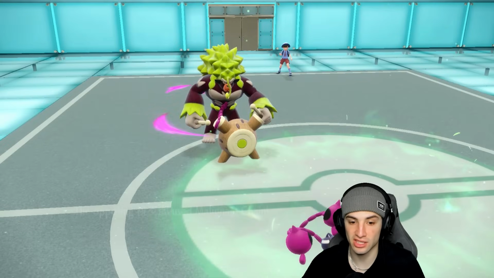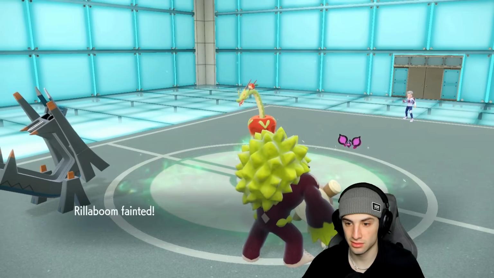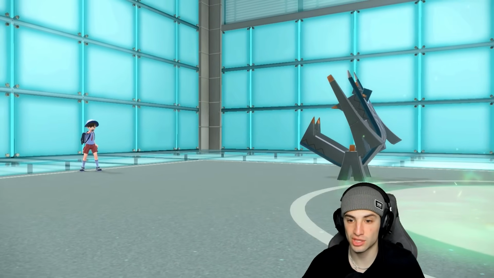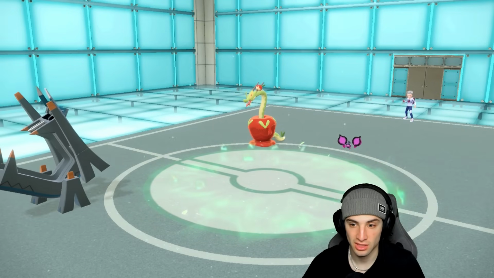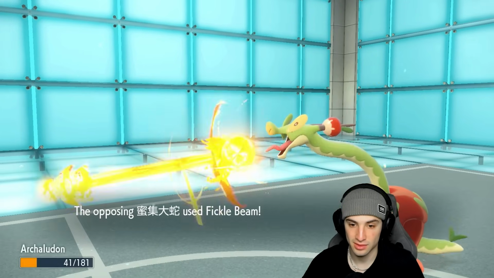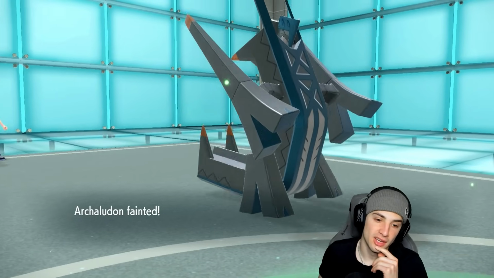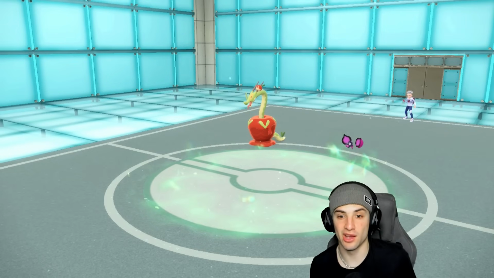And it's going to use its signature move. I don't even know what that thing was called. Something Chain. Something Chain just ripped up into me. That was a cool move. Definitely a cool move. The Fickle Beam going to finish me off here. The Fickle Beam monster comes out, finishes me off, and again, we just gotta hope that Kyogre can do enough